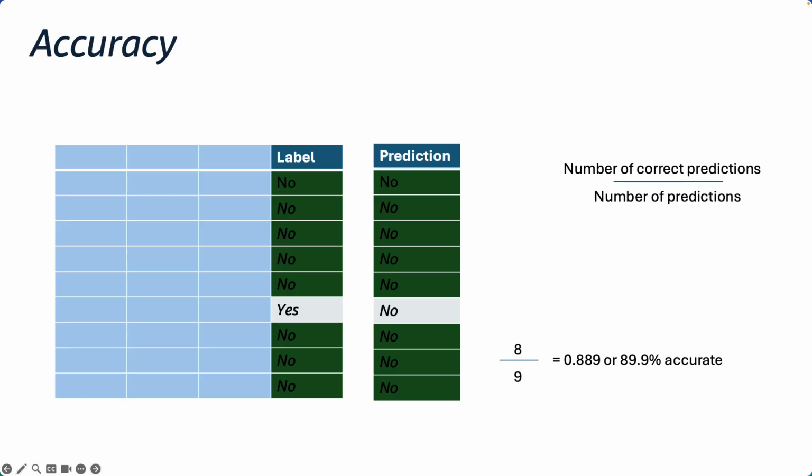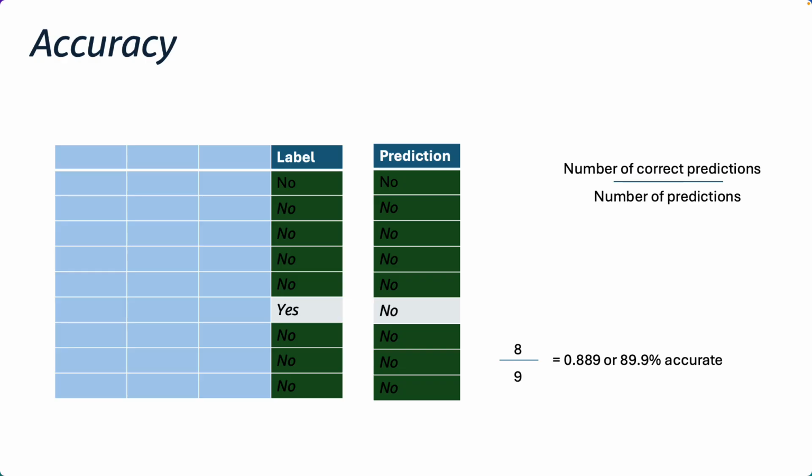And the accuracy of this data set is 8 out of 9. So we get an accuracy of 0.889 or 88.9% for this model. But all the predictions are no. So this model could be broken and might not be working with our data, but we have an accuracy of